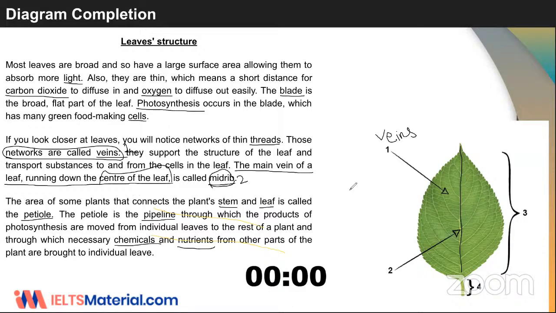Clear? Now, when I talk about the whole part, the complete part of the leaf, here, this is the blade. Okay, this is the third one. How have I taken it as my third answer? It says it is a broad, flat part of the leaf. So this is the flat part. Clear? If I take the complete, long, flat part of the leaf, which is moving from the top to the bottom, it is called the blade.